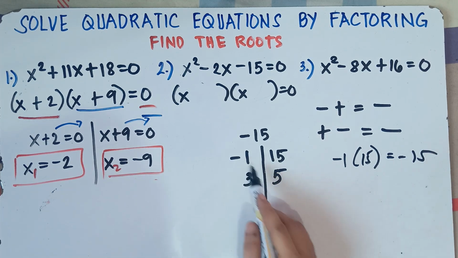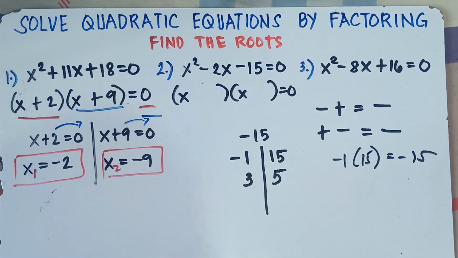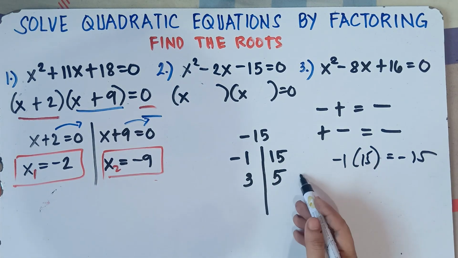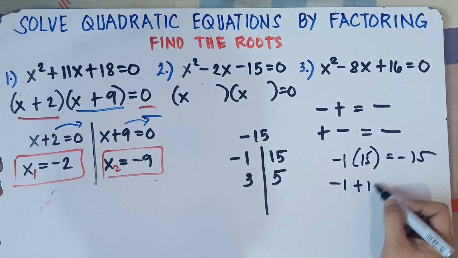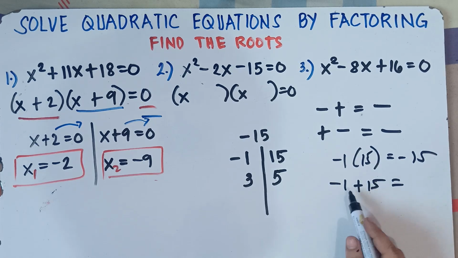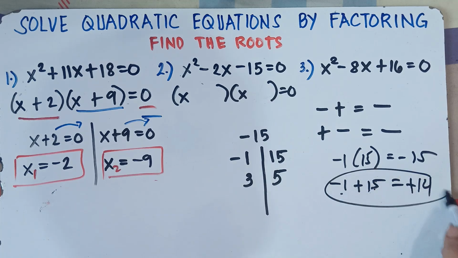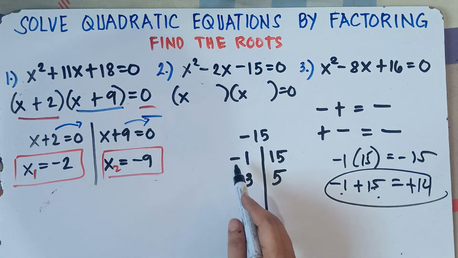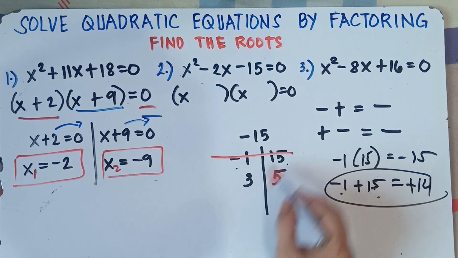If we combine unlike signs, once again, if the signs are not the same, we subtract and then copy the sign of the larger number. Negative 1 and then positive 15: we subtract 15 minus 1, that's 14, and 15 is greater than 1, so we have positive 14. So it is impossible for us to get negative 2. Negative 1 and positive 15 are too far away. Therefore, we will not select this one, class.